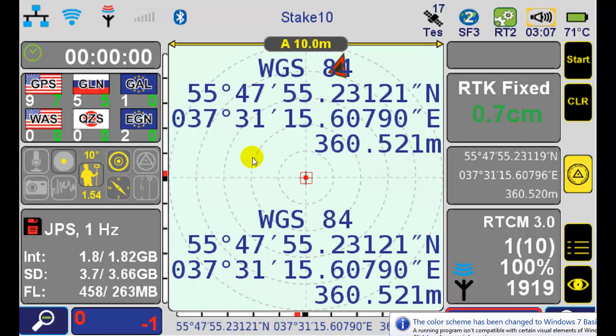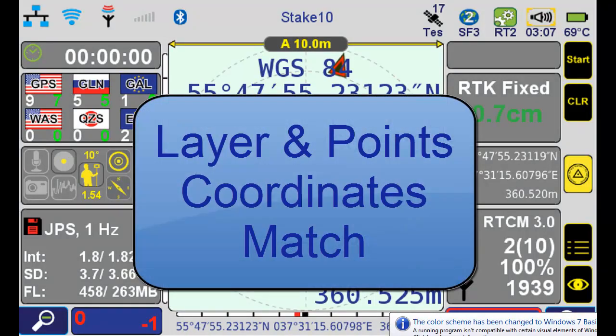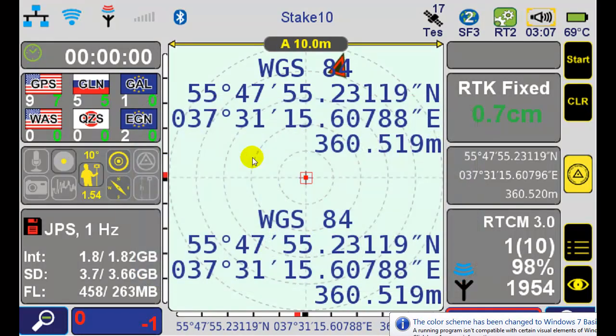When you enter or import your stake target coordinates to a layer, make sure that the coordinate system of that layer matches the coordinate system of the target coordinates that you enter. I want to emphasize that you should select the correct coordinate system for the layer and then import or enter the target